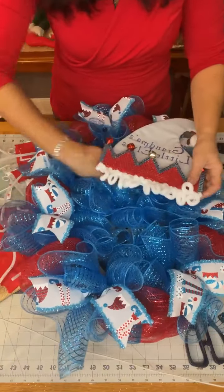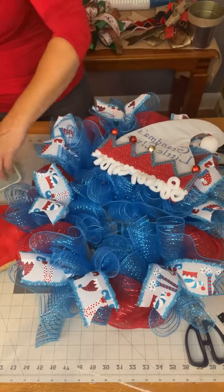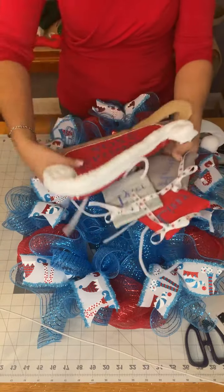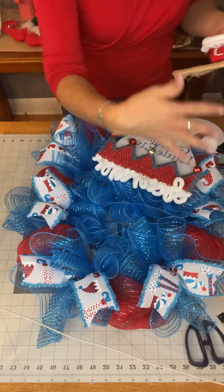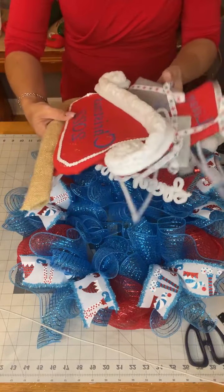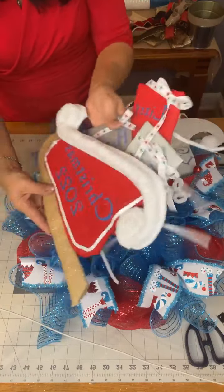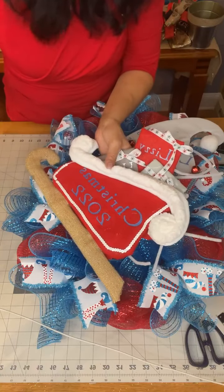There is another set here that I'm going to do in a minute. Let me get these out of here before I drop those 2, and I don't want to have ladybugs all over. So I chose not to attach these together because I don't know if you want to use an oval, if you want to use a grapevine, if you want to use an evergreen base, and I didn't want it to be stuck. You might want to use a round regular one, and you might not want all the gifts together, so they don't come attached to the sleigh, but they are part of the...